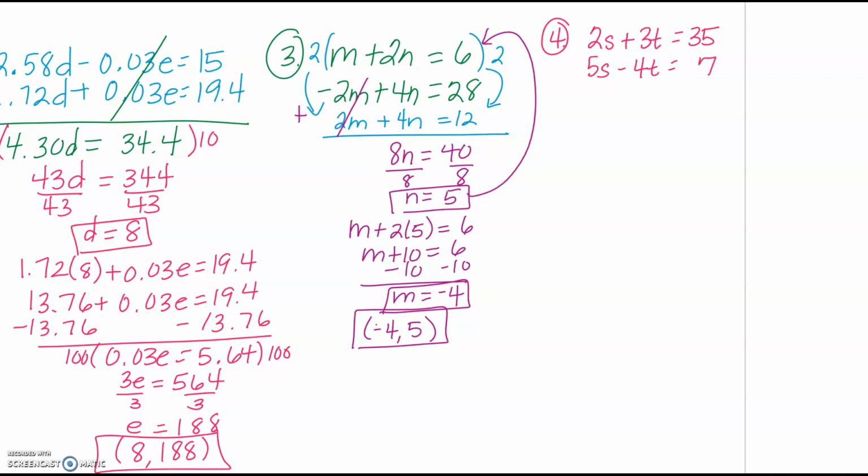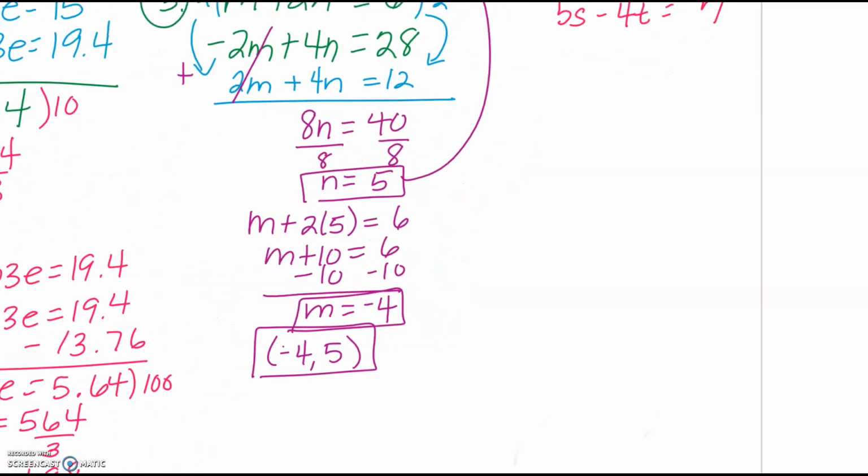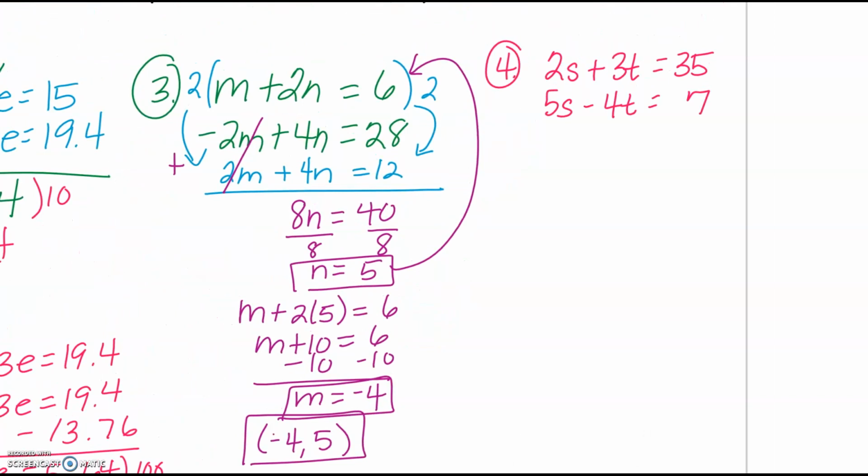Again, looking at my s's, I do not have the same signs. Or I'm sorry, I do have the same signs, but I would like opposite signs so I can just add them. I don't have that, nor do I have the same coefficients. If I look at my t's, I have opposite signs, but I don't have the same coefficients. I am going to eliminate my t's, but I'm going to have to get it so that my coefficients are